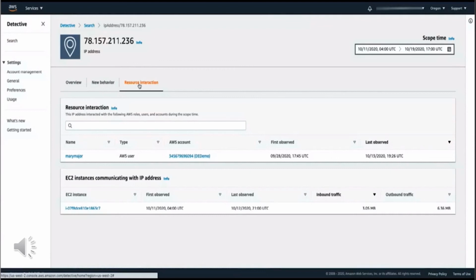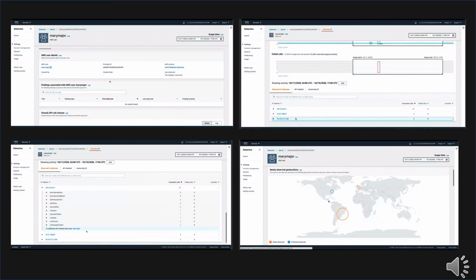Now we want to determine the full scope of activity that may be related to this IP address. We want to find out which user or role this IP address utilized and whether there was any other suspicious activity coming from this entity. We can do all of this by going over to the Resource Interaction tab below. Some additional information that Detective provides are things like additional observed activity by other IP addresses, successful and failed calls,